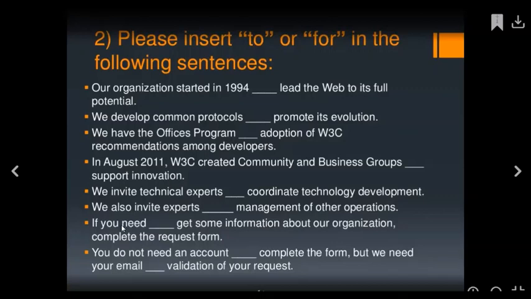This one. If you need to get some information about the organization, complete the request form. You don't need an account to complete the form, but we need your mail for validation. For validation of your request. Ok. Entonces,